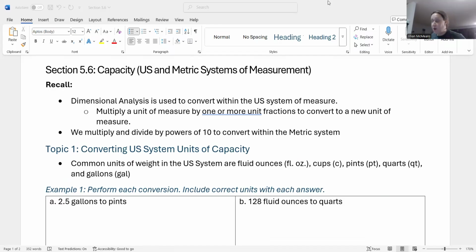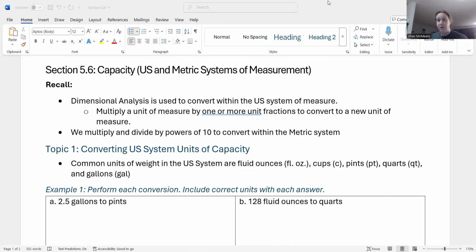Okay, for this section, we are going to talk about capacity. You can also think of this as volume. A lot of times this indicates liquid measurements. It also just indicates what we use to fill a space, okay? We're going to look at US and metric, and the great news is we don't really have to learn anything